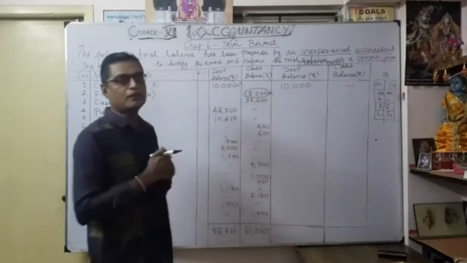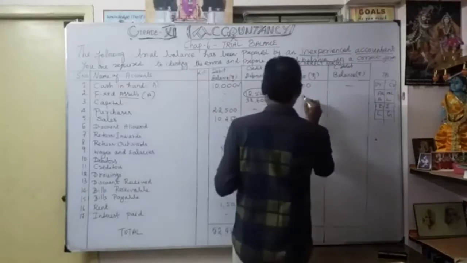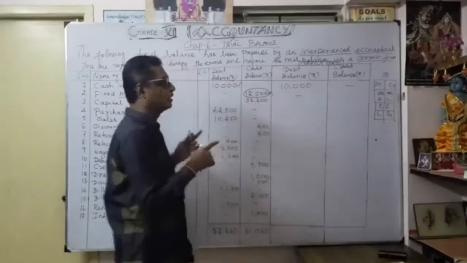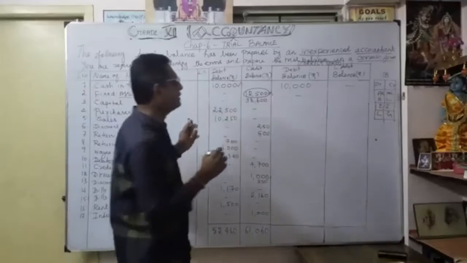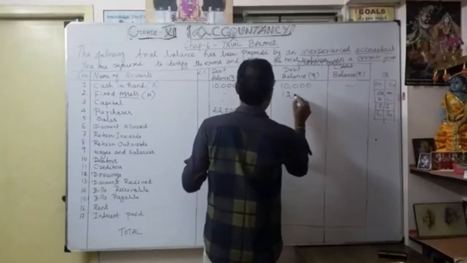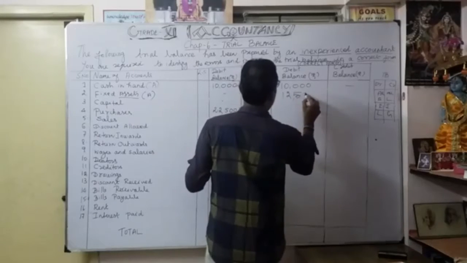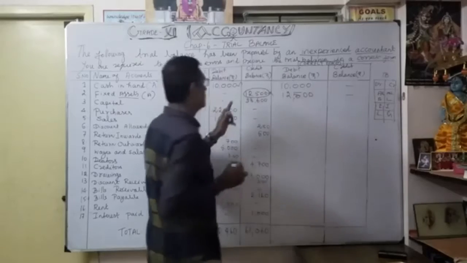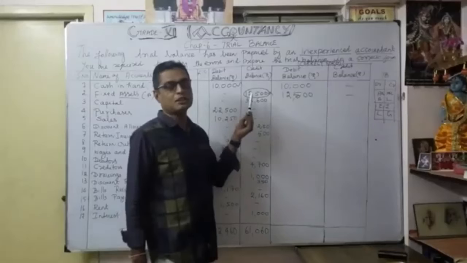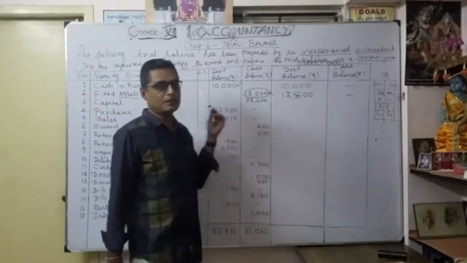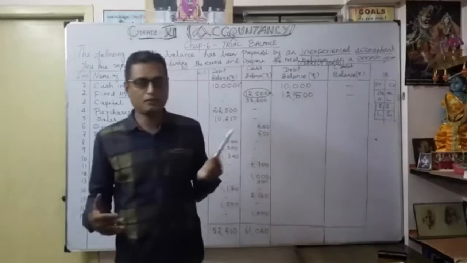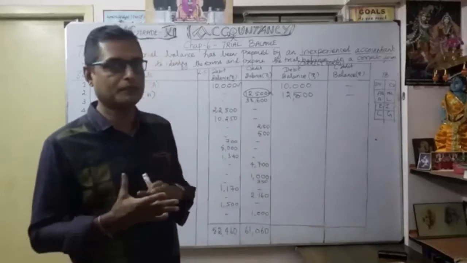Okay. So now where are you going to write? It should be right here: credit or debit balance. It is wrongly written in credit balance. As an asset, it should be written in debit balance. How much? 12,500. Understood? So here, the fixed asset was wrongly written in credit balance. Now you are going to rectify it, because a fixed asset is definitely an asset with a debit balance. Always an asset is a debit balance, never a credit balance.